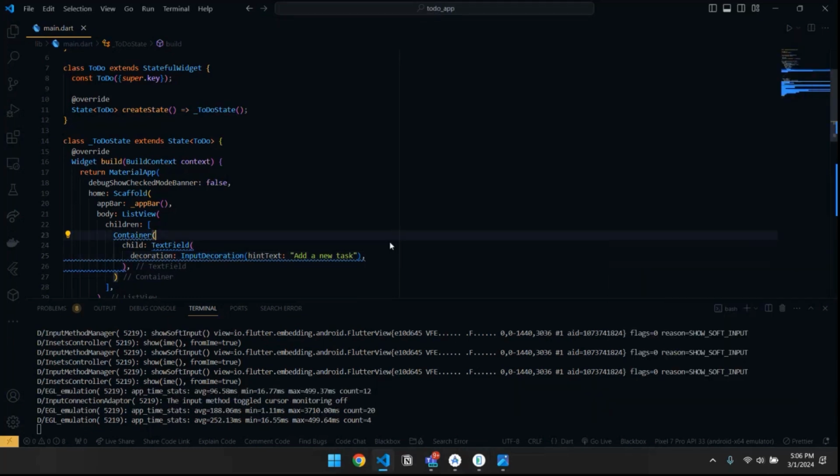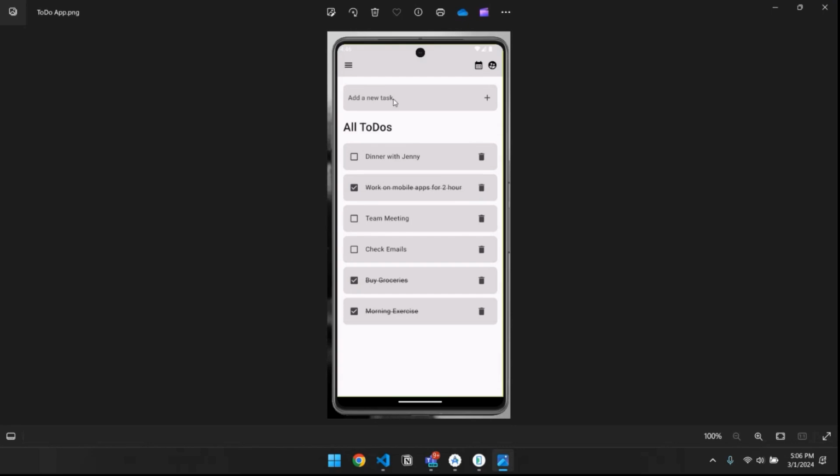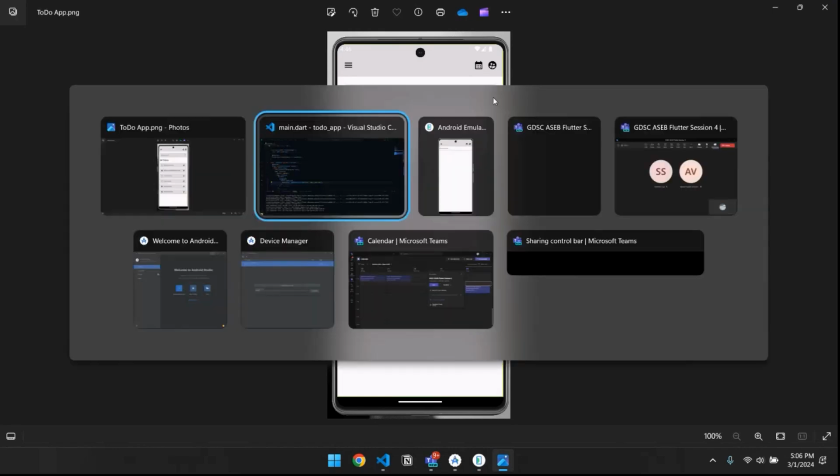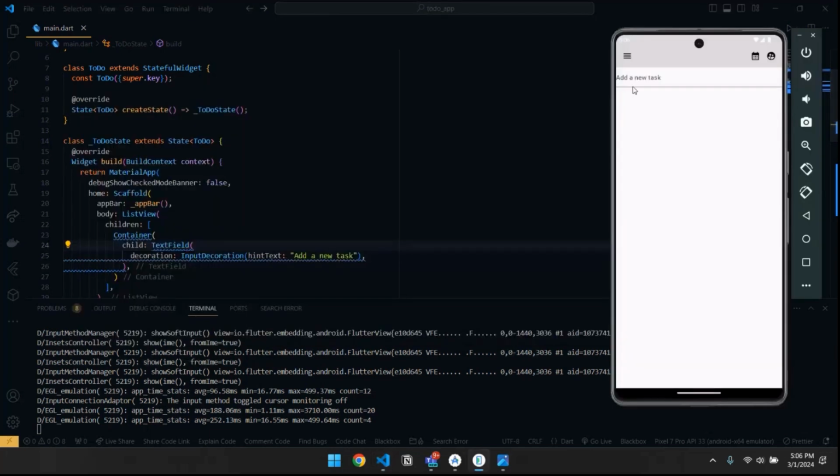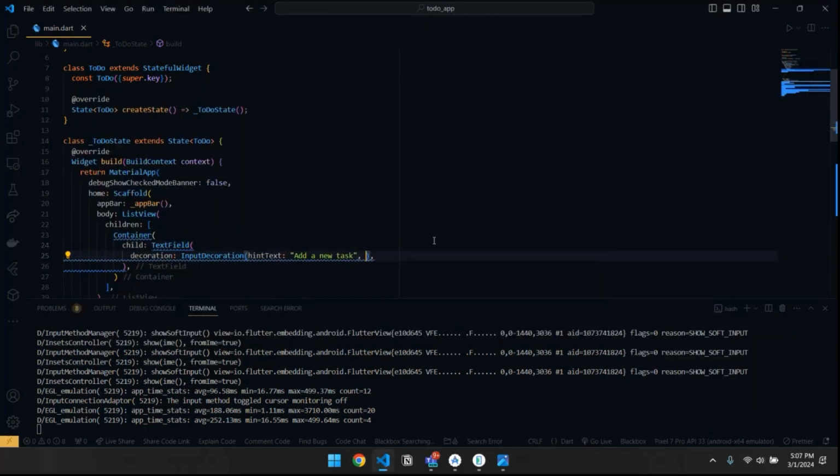And then when I see this image, this add a new task is there, and then we have an add icon, and then we have a box itself. So the decoration is different for this text field. You can see there is this bottom line here, which I don't want. So what I'll do is